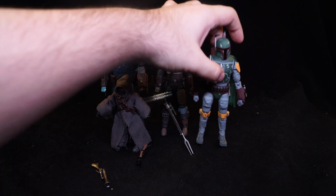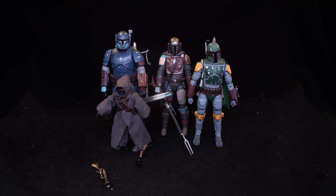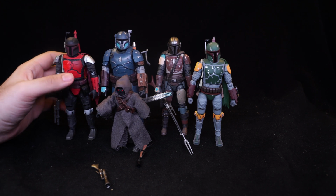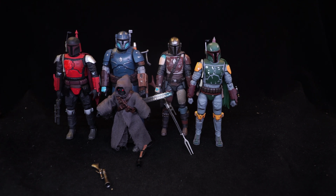So it's playing the SH Figuarts Boba Fett. You see he is just, I guess in real life, a few inches shorter. I'm going to bring in my Boba Fett model kit, which I custom painted. He is about a few inches taller than Mando. And if I bring in one of the old